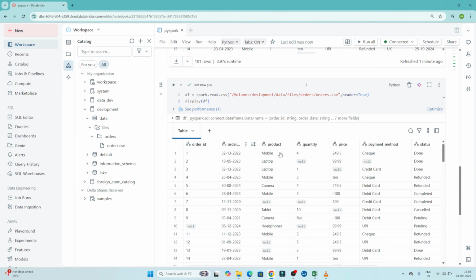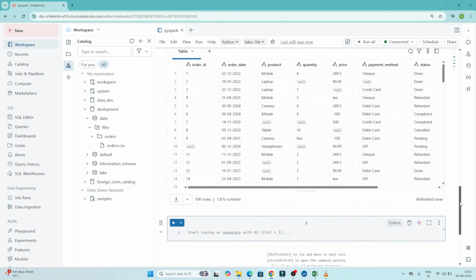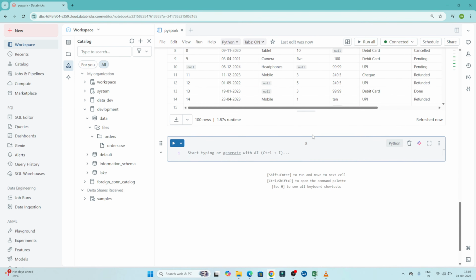Order ID, order ID. Previously it created new C0, C1 columns like that, right? Now it is considering the first row as the header. Now we are able to read the CSV file. Now if you want to know the schema